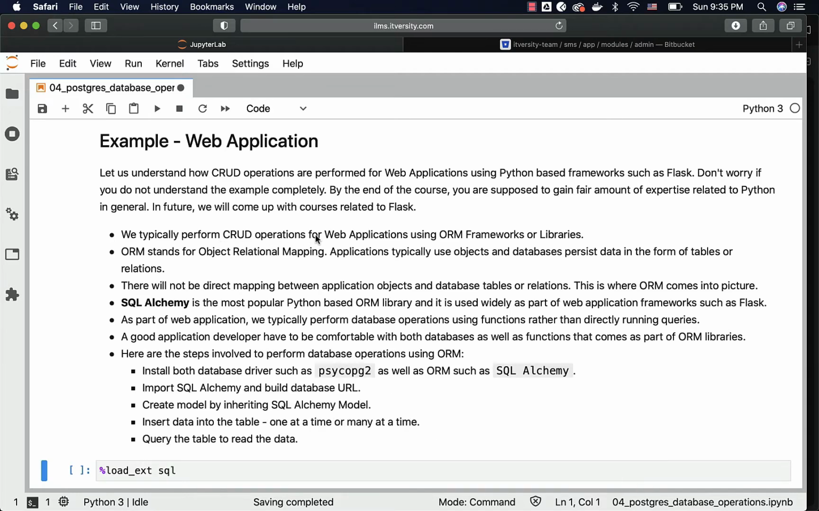We typically perform CRUD operations for web applications using ORM frameworks or libraries. ORM stands for Object Relational Mapping. Applications typically use objects, and databases persist data in the form of tables or relations. Tables are also known as relations in RDBMS. There will not be direct mapping between application objects and database tables or relations. This is where ORM comes into the picture. SQL Alchemy is the most popular Python-based ORM library, and it is used widely as part of web application frameworks